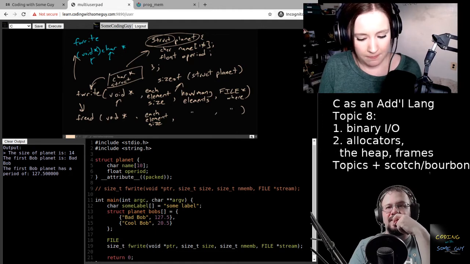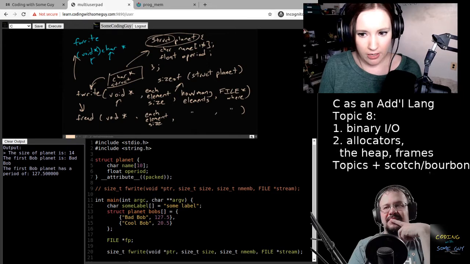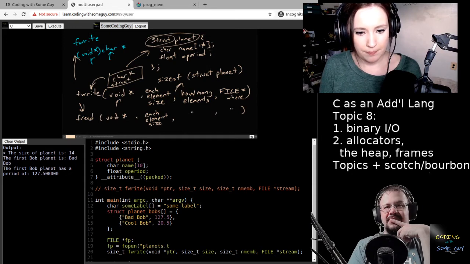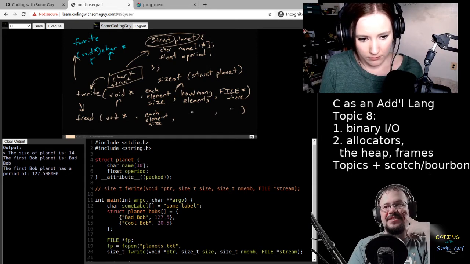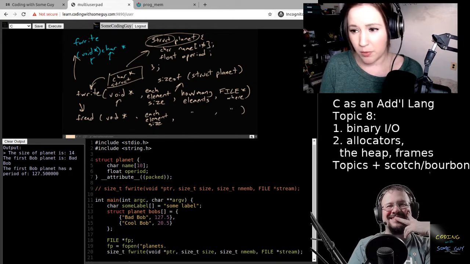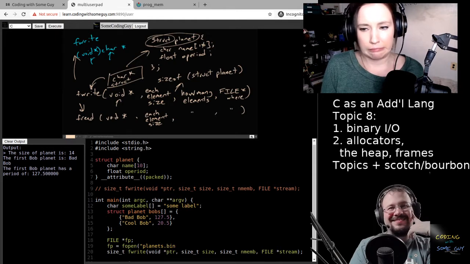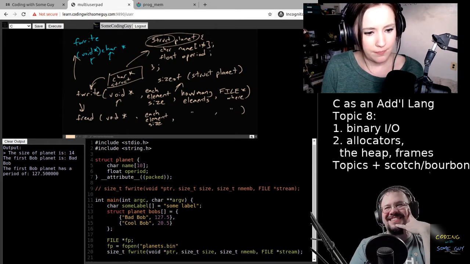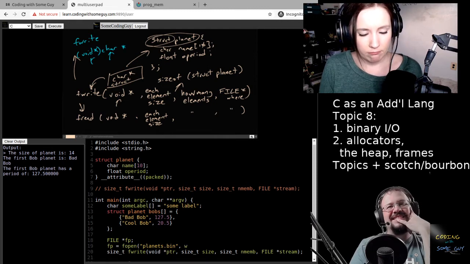Because it's a file type, and we need a pointer to that file. Then I can define this as the open. Except it's not text anymore. We're doing .bin. We're going to make up a new format. Oh boy. Okay, and then I am writing it.